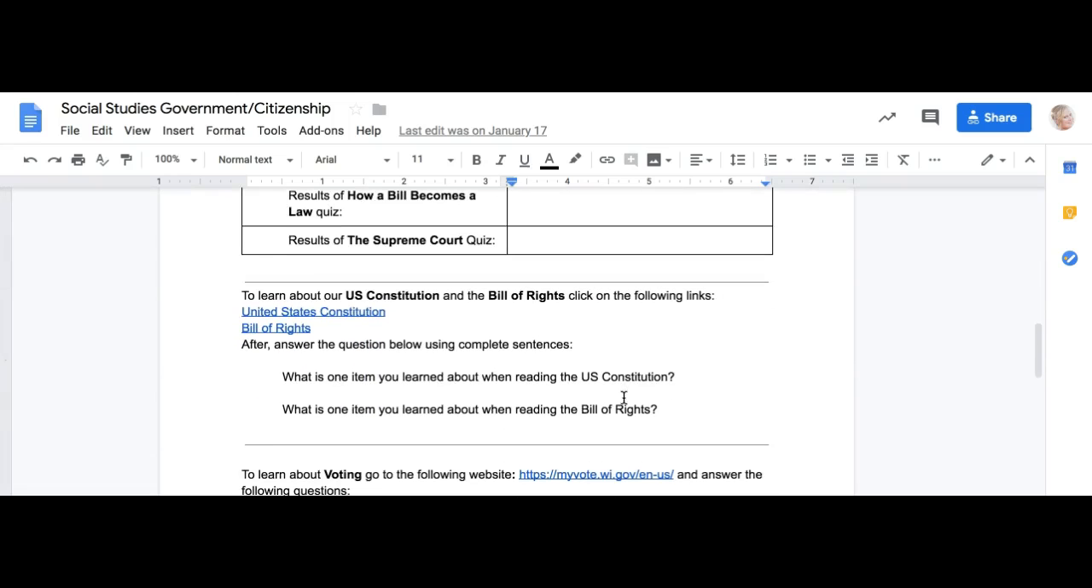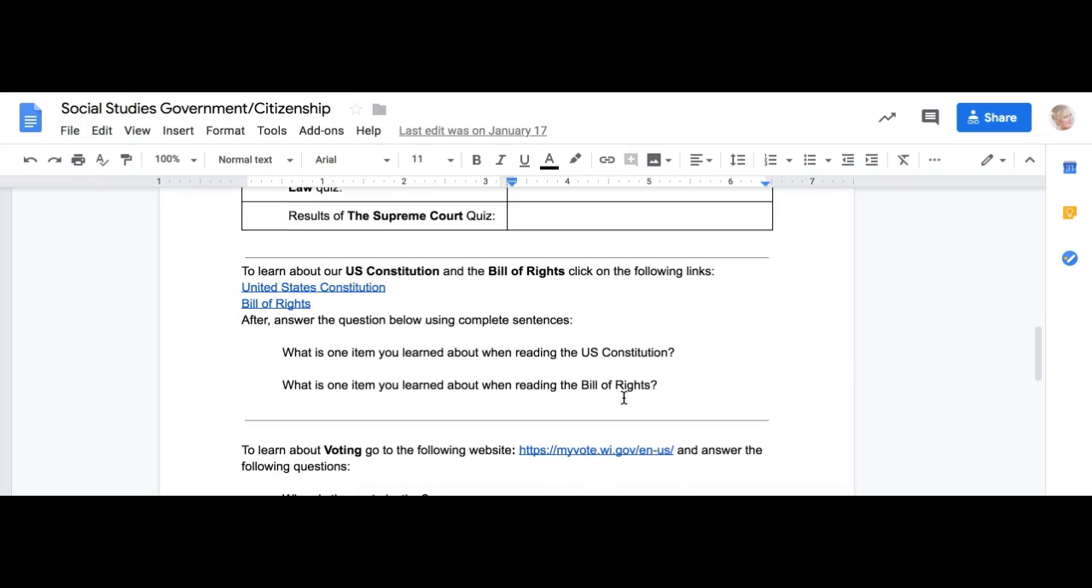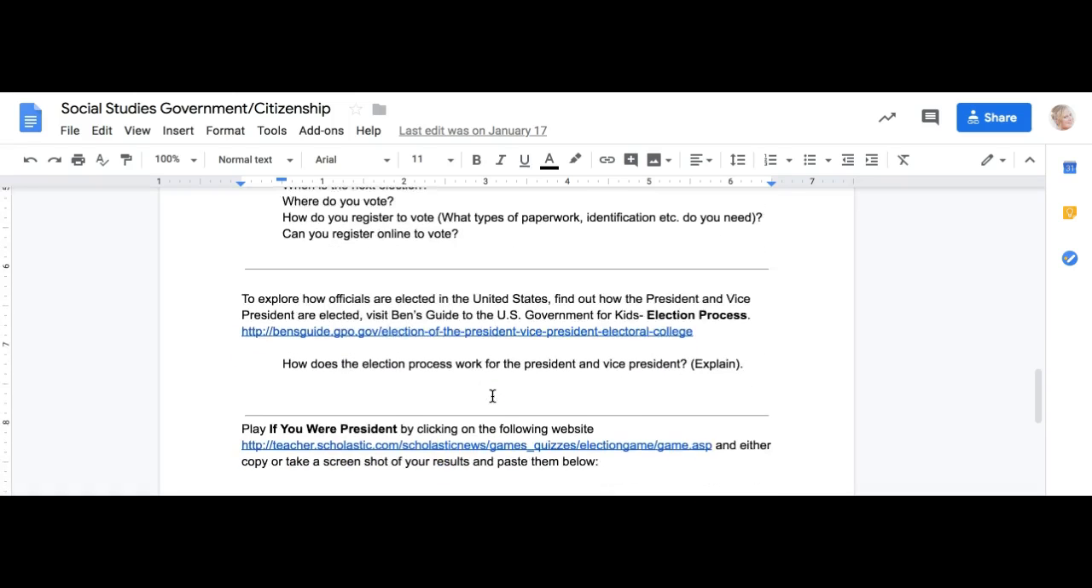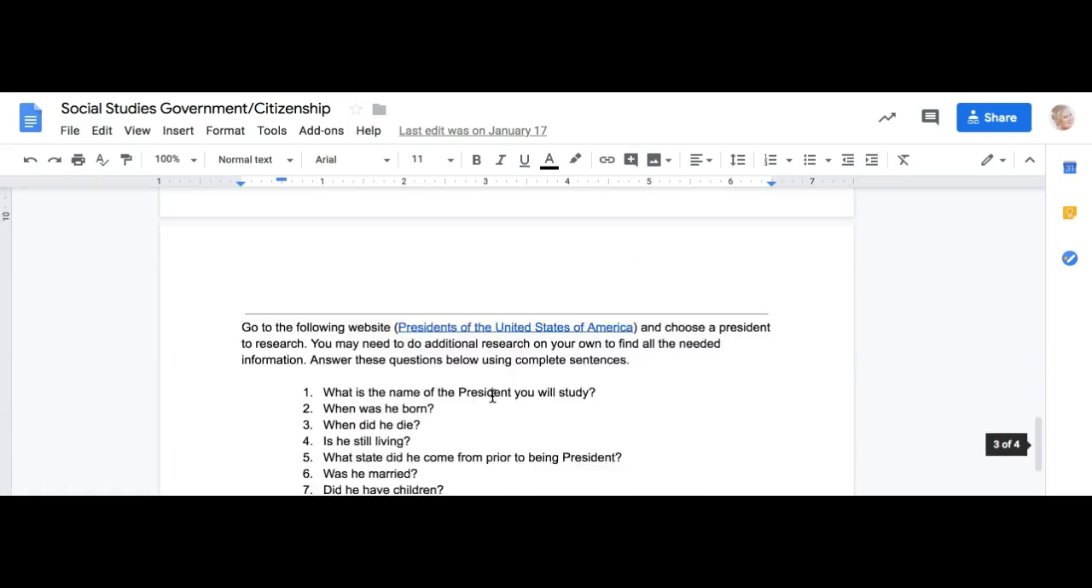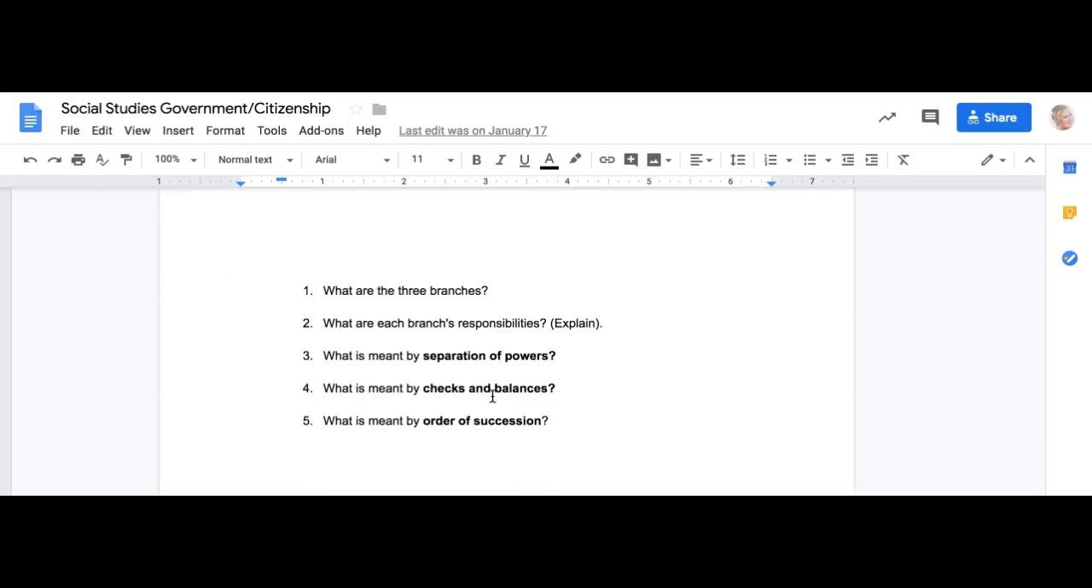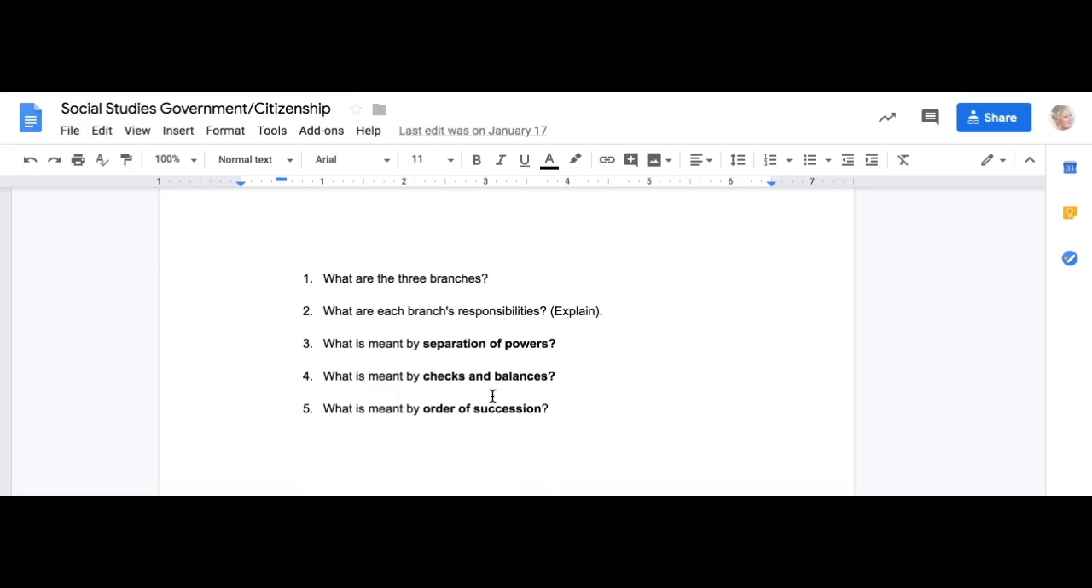Once you are done with that part of the assignment, you're going to learn about the U.S. Constitution and the Bill of Rights a little bit more in depth. So you just click on the links that you see highlighted there in blue and answer the questions. The next part, again, clicking on the highlighted blue link, answering the questions, and so on and so forth. Once you are done clicking on the needed links and answering all of the questions throughout the rest of the assignment,